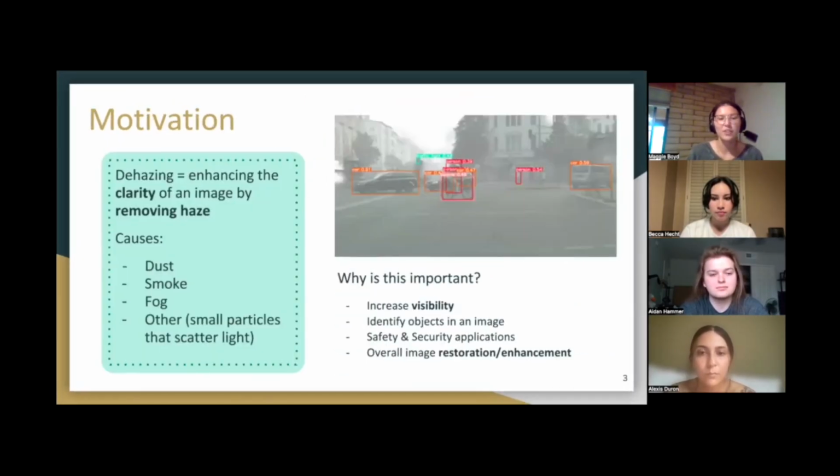So our motivation for this project. First of all, let's talk about what specifically dehazing is. Dehazing is enhancing the clarity of an image by removing haze. Some causes of this haze could be dust, smoke, fog, and other small particles that could scatter light in the air. And this is important because dehazing can help increase visibility and it can help identify objects in an image,